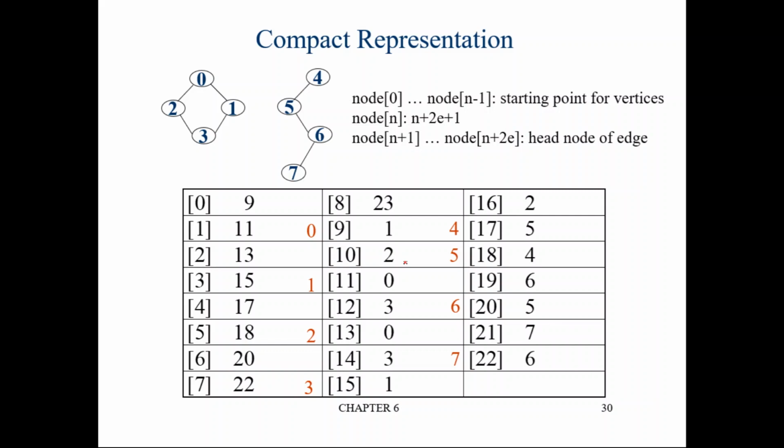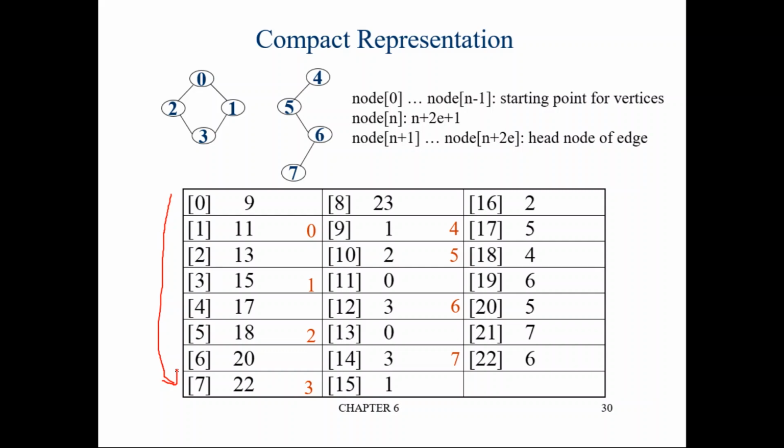How to represent that? Say for example, this particular graph we want to represent in an array. This is a single graph, not two different graphs. It is a single graph, but it is disconnected. This graph contains 8 vertex, 0 to 7. First you keep those entries. These are the array indices.